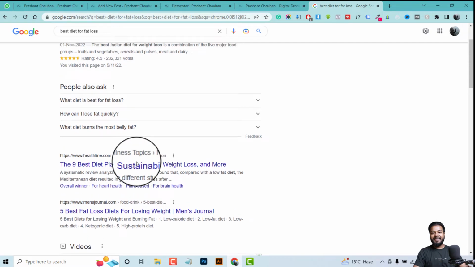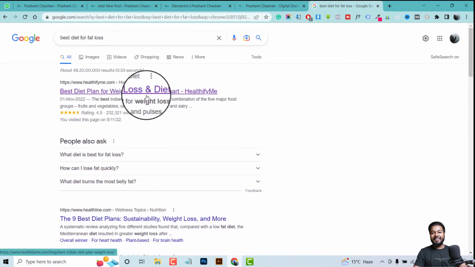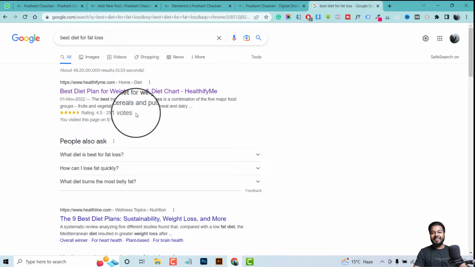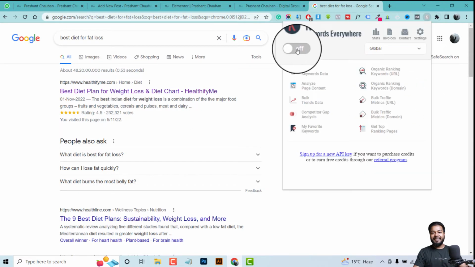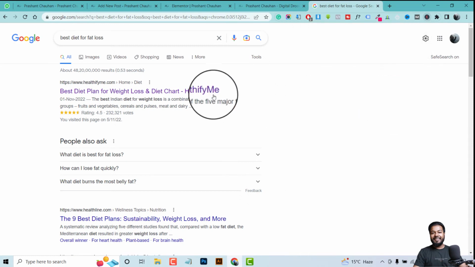Simple reason, because you do not have this data, you may just go to multiple tools like SEMrush, Ahrefs and lots more, right? And you will end up tired and not getting any good idea about it. So now if I go to the puzzle icon again and activate this extension, it's already activated here, you see, and then here I need to turn it on. When I turn it on,